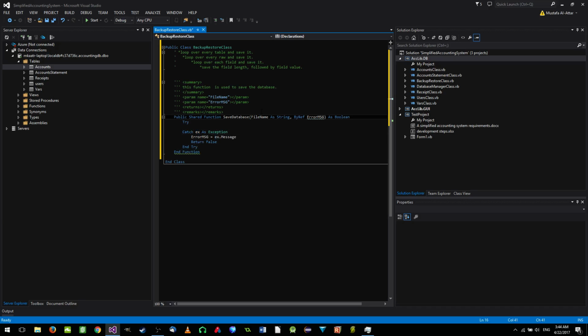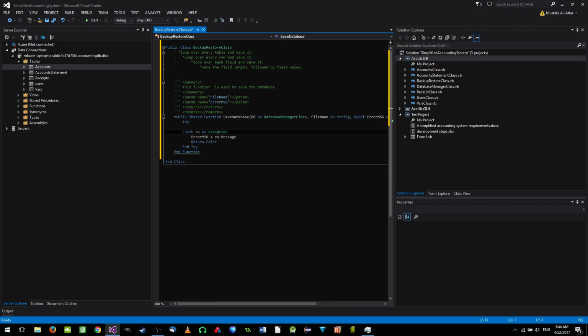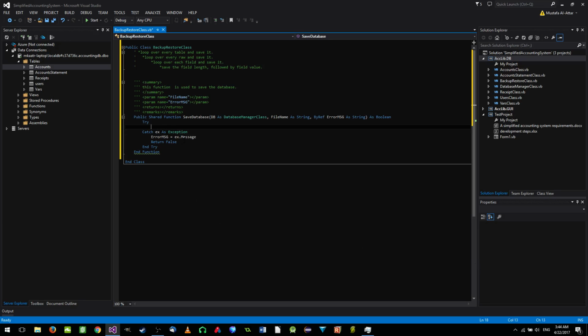In addition to that, since we are accessing the database tables, we will need the database manager class and the other parameters. What is the object being about? Oh, the data type of this one. I forgot to type that. Yes, okay. Let me reduce the size of this a little bit here and change this size a little bit here. Okay. Now, since we finished this one,